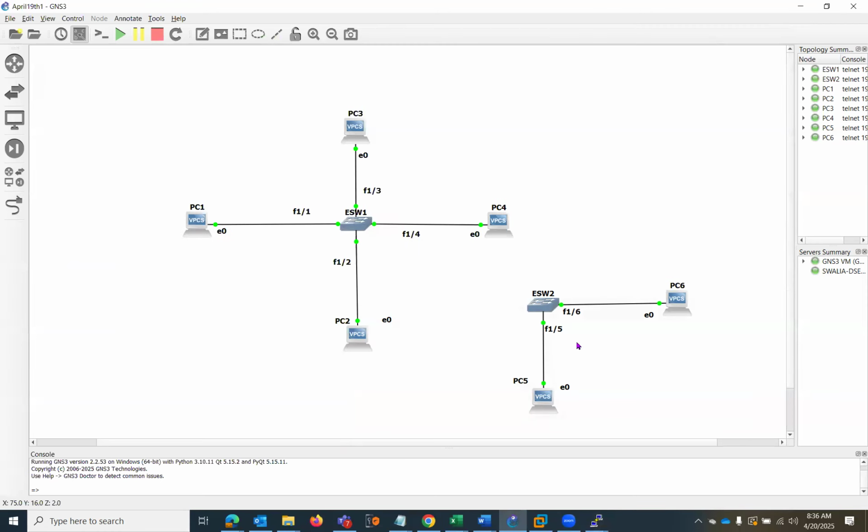How many LANs? Two. How many broadcast domains? Two. So PC1 can ping PC2, PC3, PC4. True or false? True. PC5 can ping PC6. True or false? True. PC1 cannot ping PC5 and PC6. True. Okay, good. So now you understood the concept that there are two LANs here,